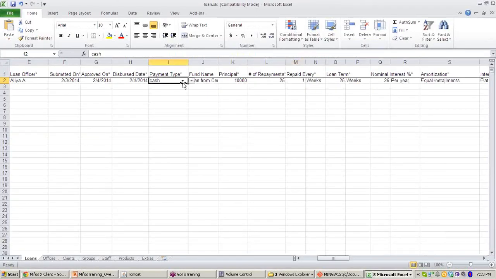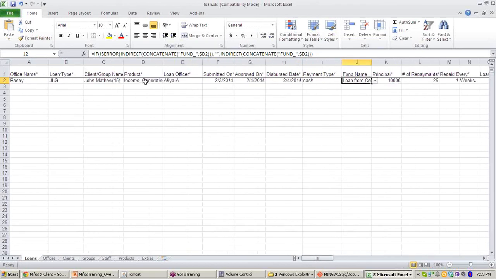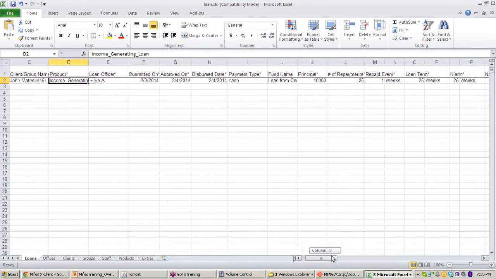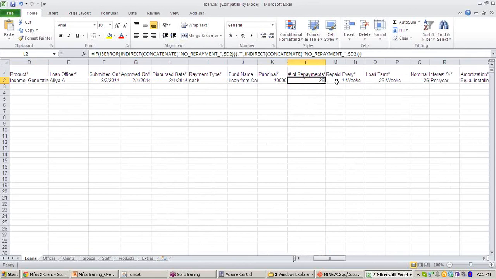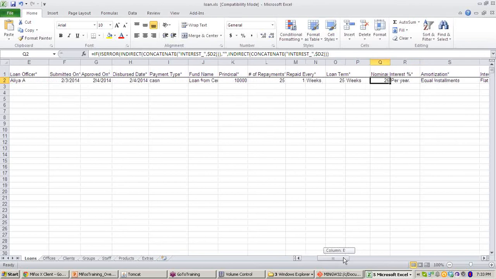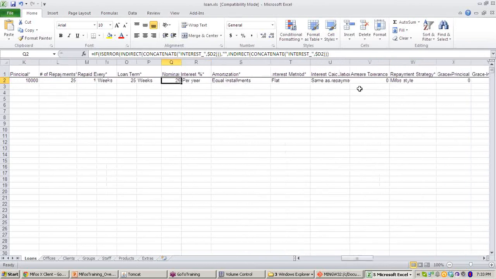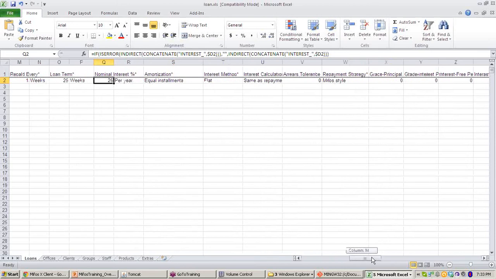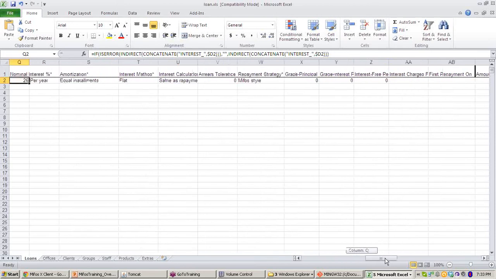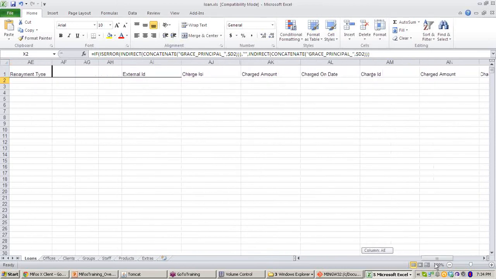The catch here is that once you select the loan product, you need not manually enter the principal amount, number of repayments, how they are repaid every week. All this information will be automatically entered, and there is some extra information you can also consider. Now this is over, just save it.